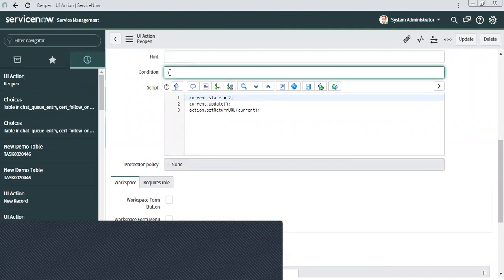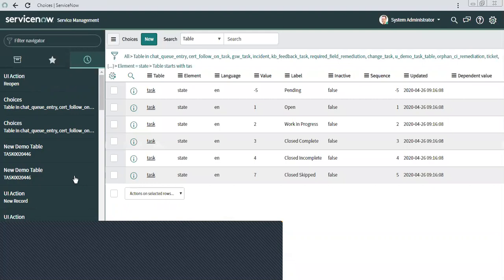Here you can say current dot state equal to 3. When it's in closed complete state, then only this UI action should be available on the form.